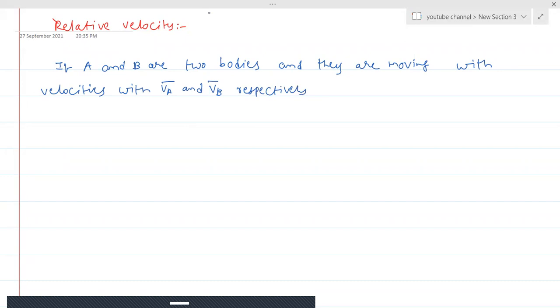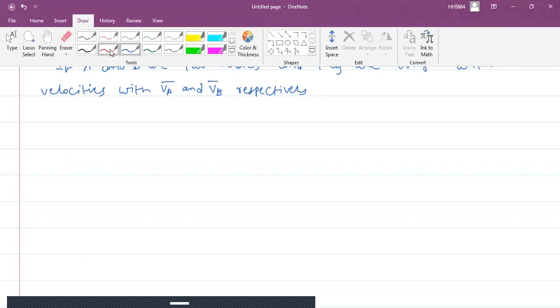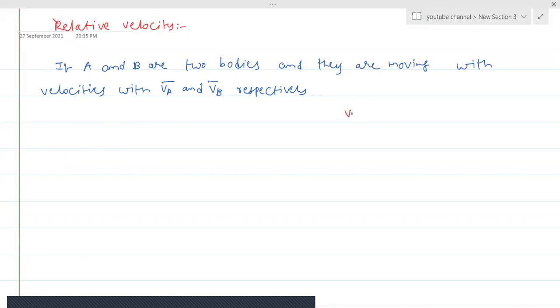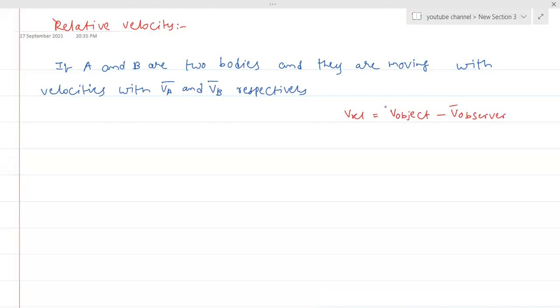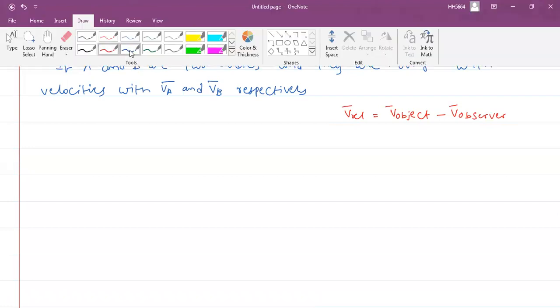First, we need to understand the meaning of relative velocity. Relative velocity means v relative is equivalent to the velocity of the object minus the velocity of the observer. In the present discussion, suppose we take